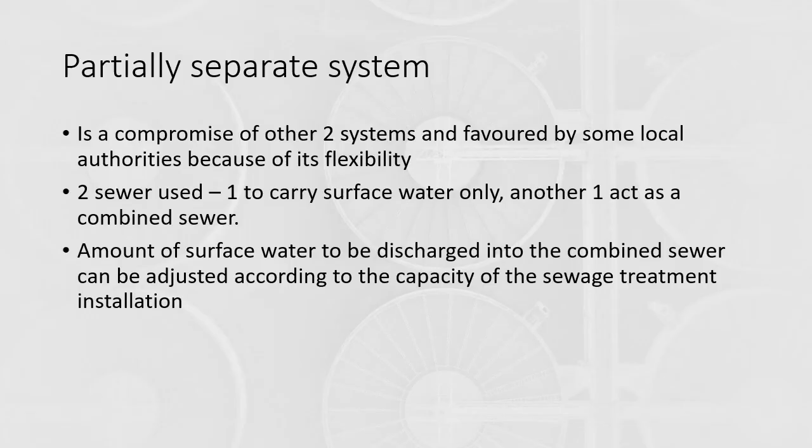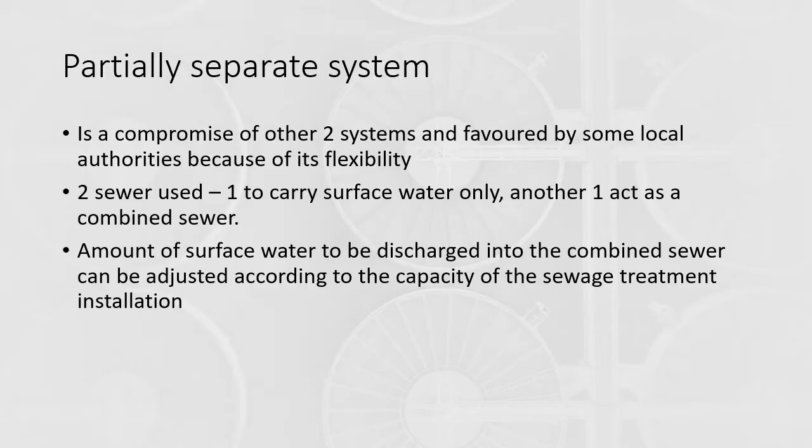Partially separate system comprise of other two systems and favoured by some local authorities because of its flexibility. There are two sewers used, one to carry surface water only and another one will act as a combined sewer. Amount of surface water to be discharged into a combined sewer can be adjusted according to the capacity of the